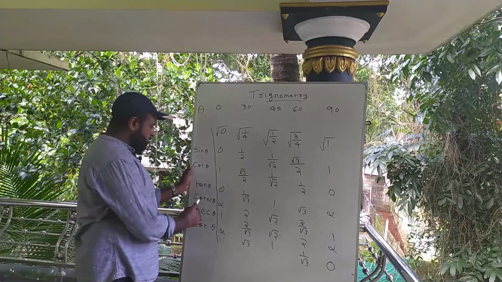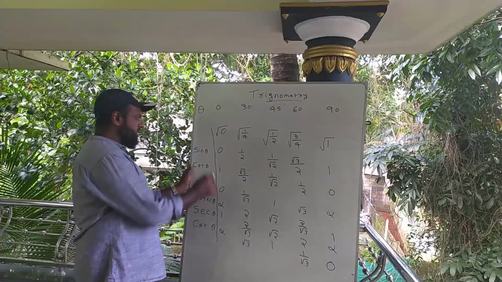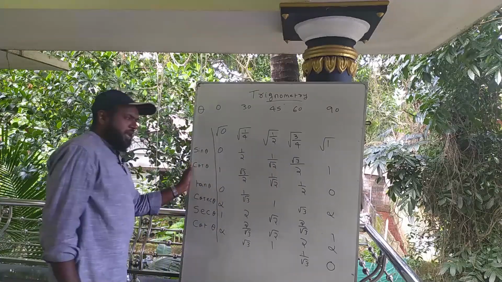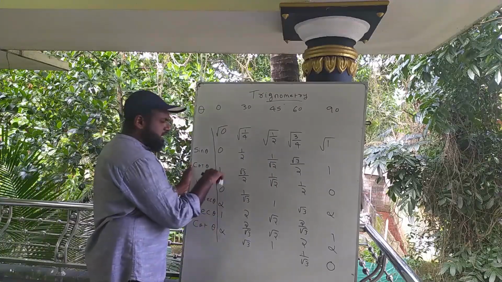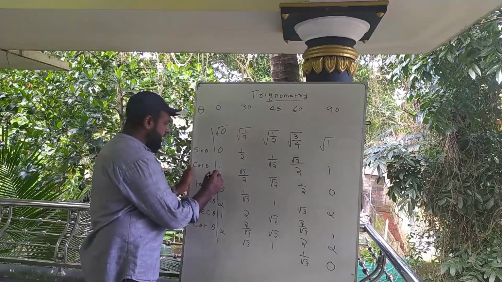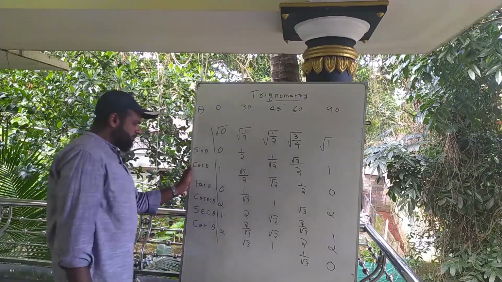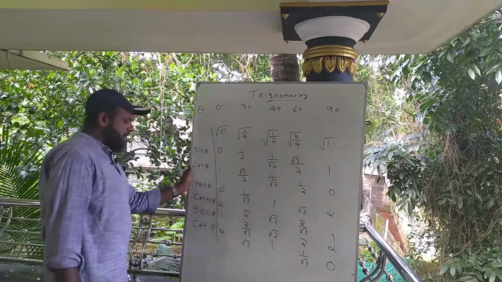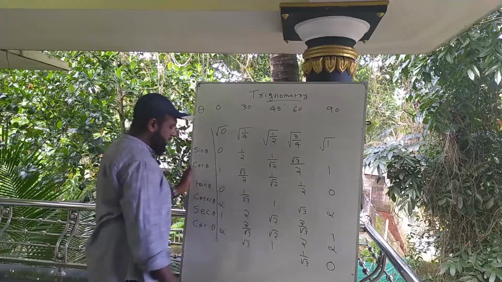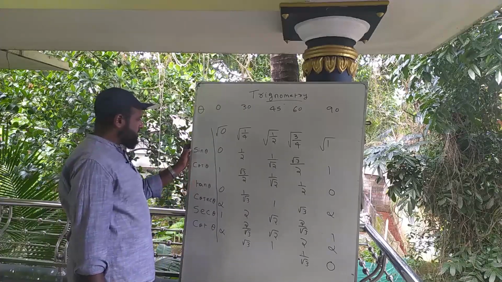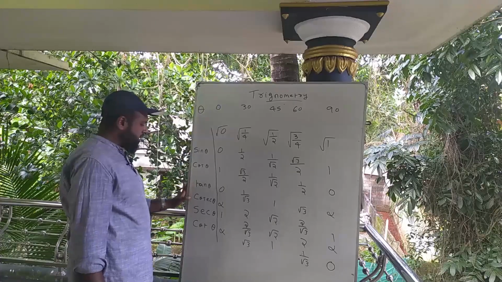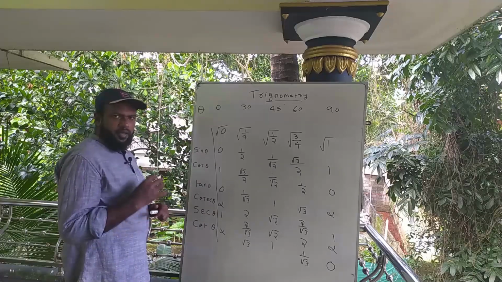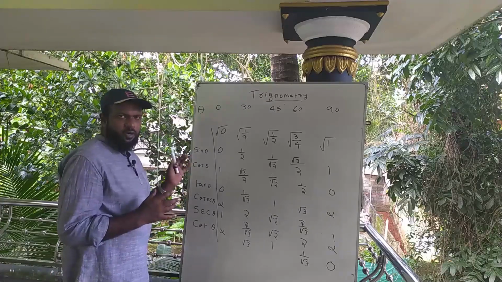And we have found cosec theta. What is cosec theta? Cosec theta is the reciprocal of sin theta and we have found the reciprocal of these values. And next we find sec theta. Sec theta is the reciprocal of cos theta and we have found the reciprocal of these values. What is cot theta? Cot theta is the reciprocal of tan theta and we have found the reciprocal of these values. And we got the values of sin theta, cos theta, tan theta and cosec theta, sec theta and cot theta of 0 to 90. I think everybody understands how to find the values of these trigonometric functions.